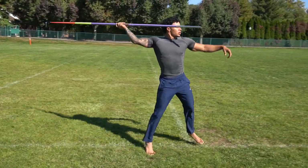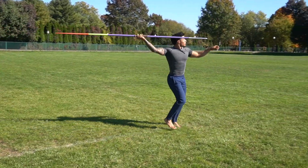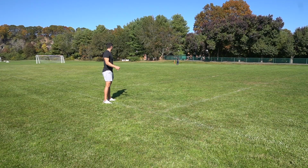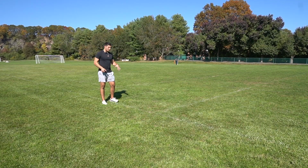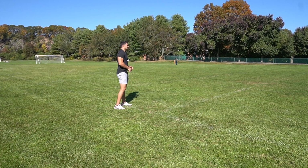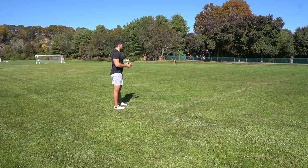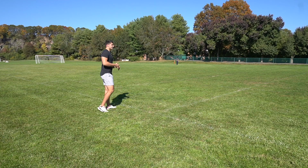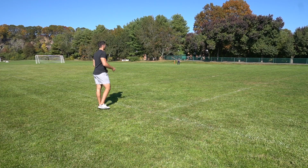But also what you're working on is the upper body posture, keeping your eyes down the runway, keeping your arm up in the back, and making sure that if you have that fatigue in your right shoulder or your throwing arm shoulder, that this is letting you have a lot of reps and a lot of time under tension in this exercise to allow you to be able to build up the endurance and capacity in your throwing arm, so